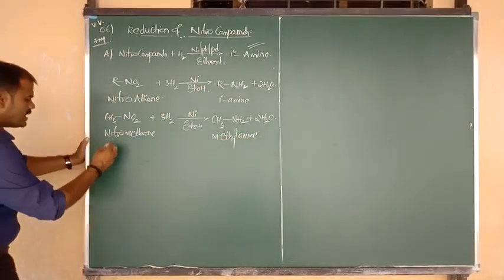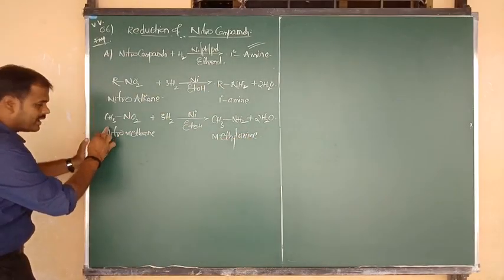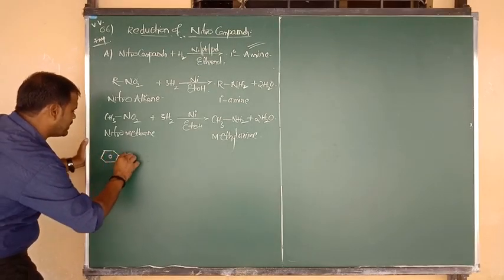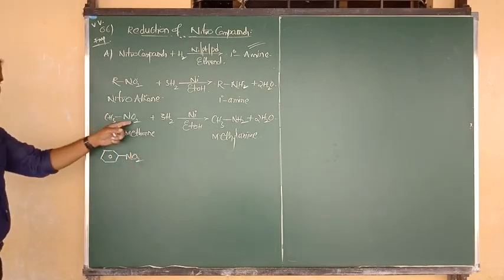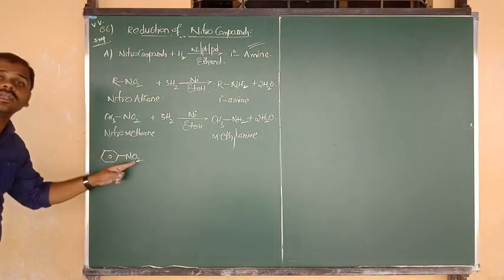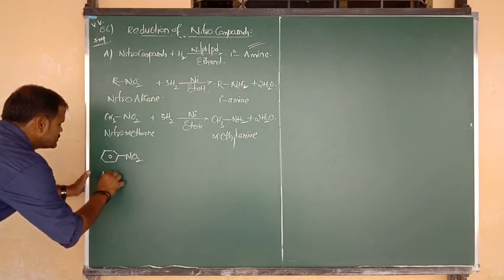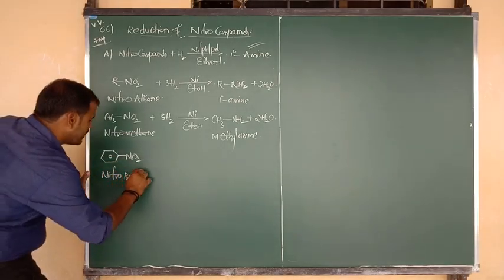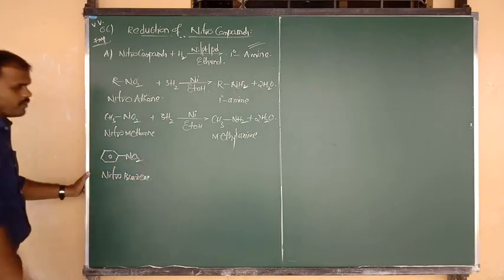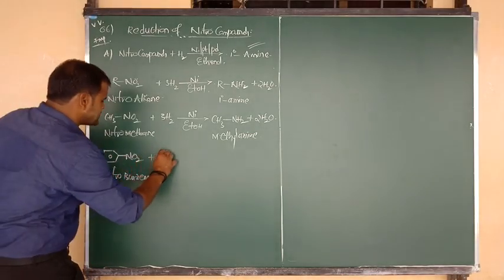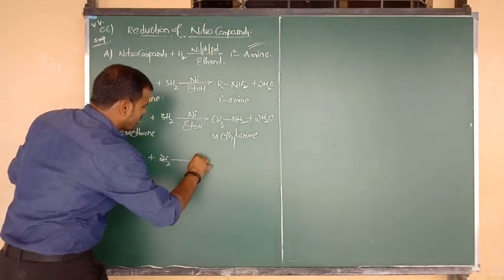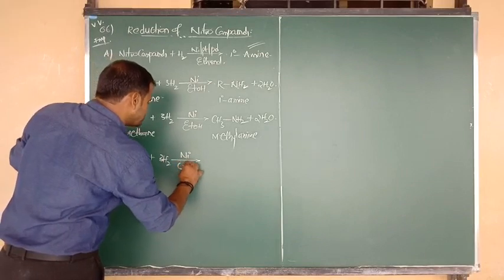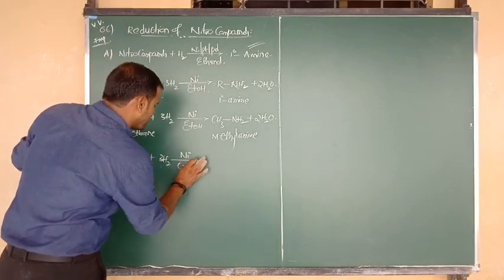So let me consider in the place of R, this is an aliphatic alkyl. Now I want to write an aromatic group, nothing but C6H5 or benzene bonded to NO2. This is nitromethane. What about this? Nitrobenzene. Yes. So what happened? Nitrobenzene undergoes reduction. Suppose nitrobenzene undergoes hydrogenation by the addition of 3 moles of hydrogen. Hydrogenation takes place in the presence of nickel, platinum, or palladium, in the presence of what, beta?